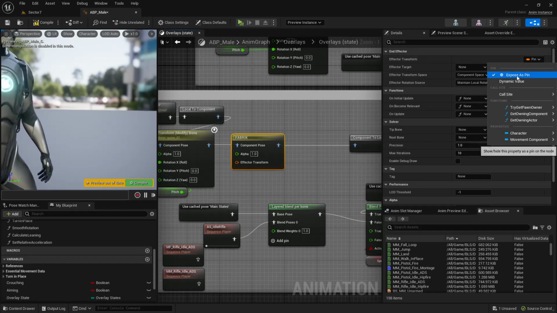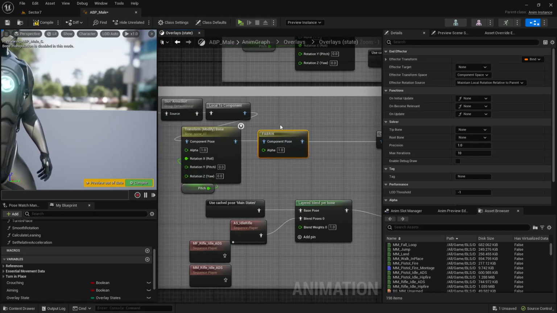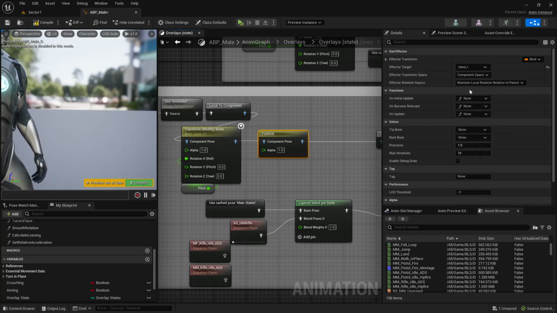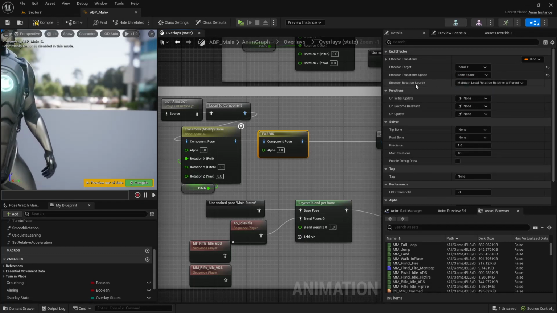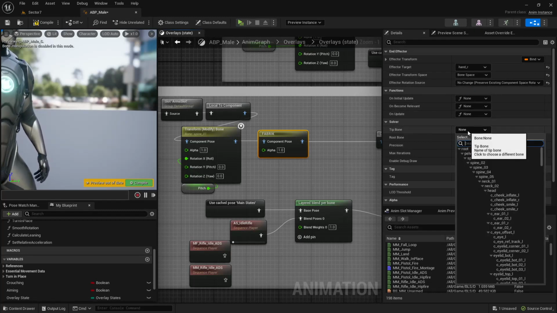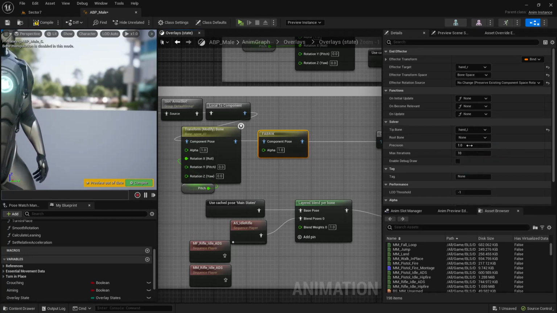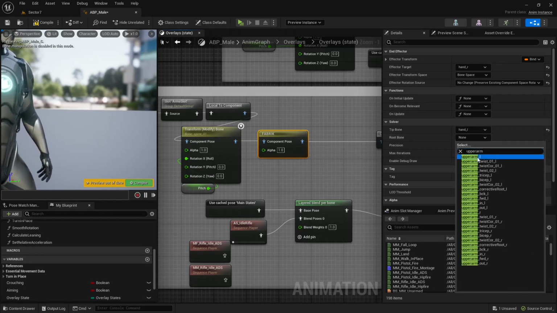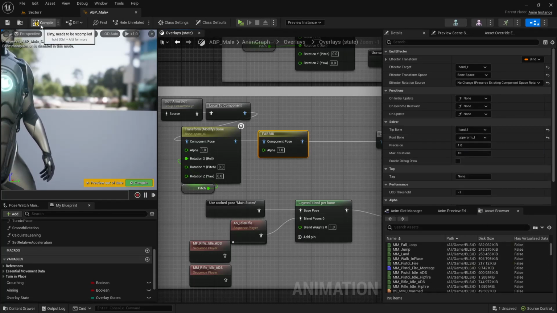The effector transform pin, we don't need that as a pin because we're actually going to turn our left hand into the transform. So the effector target is going to be hand R. The transform space is going to be bone space. Rotation source is going to be no change. And in the solver, tip bone is going to be hand L. The root bone is going to be upper arm L. And if we just go ahead and compile that,